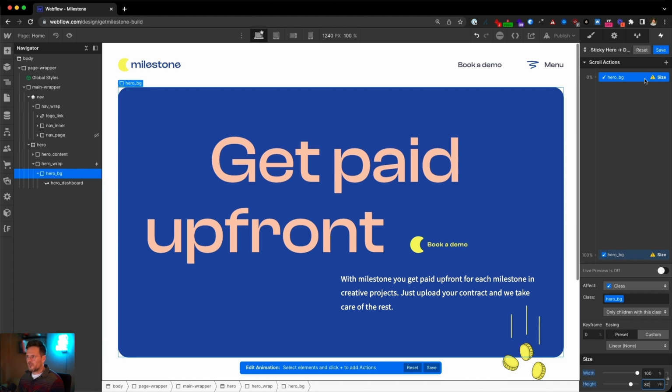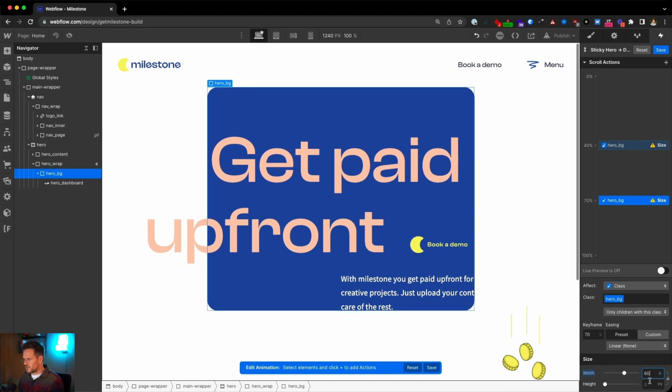That's actually the standard CSS setting that we have, and we wanted to start at the keyframe of 40%. It should not start at the beginning, and it should end at the keyframe of 70%. Yeah, we get this little warning here because I didn't set anything here. So let's choose 60% and 55 viewport height.